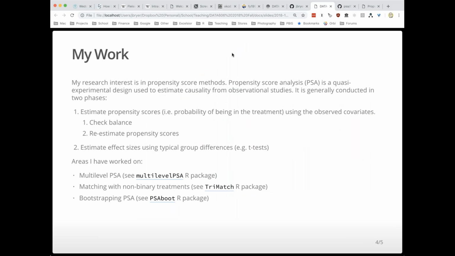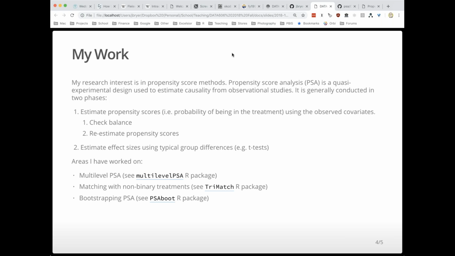I'm not going to present anything really terribly new tonight, but I'd like to give you a little bit of a sense of what my background is and what my research interests are, at least from a statistical point of view. Right now, I'm running a grant looking at formative assessments in college readiness more broadly, but since my dissertation work, a lot of my work has been around quasi-experimental designs and in particular propensity score analysis. That's how I fell into this, and into data science more broadly, because one